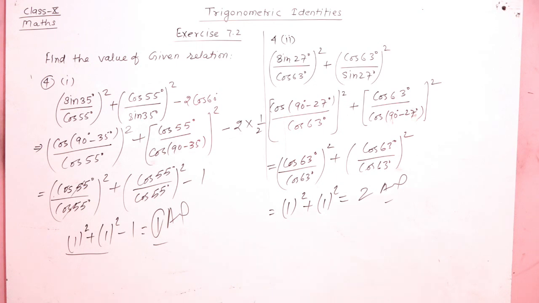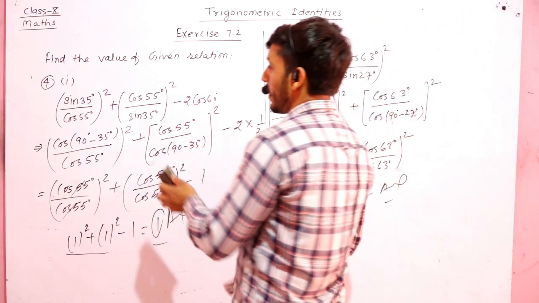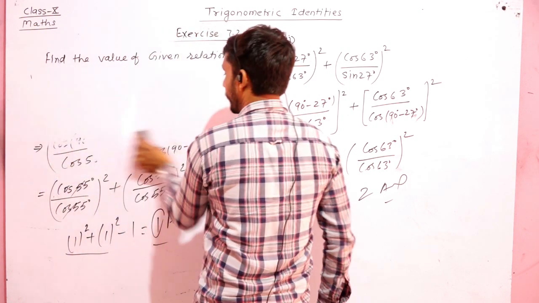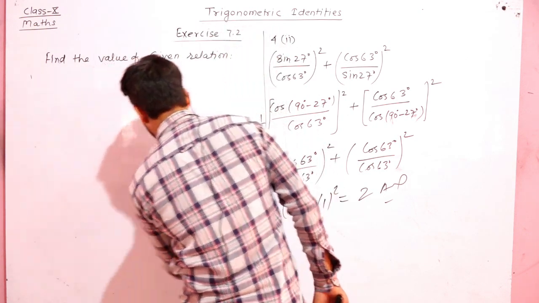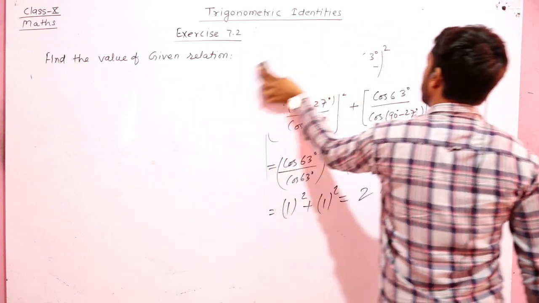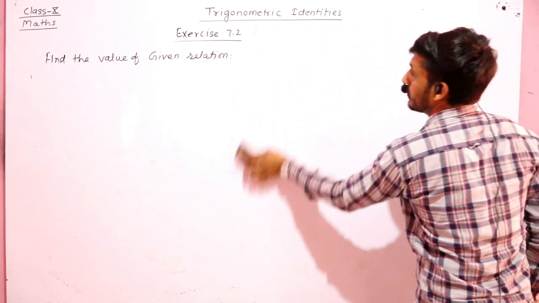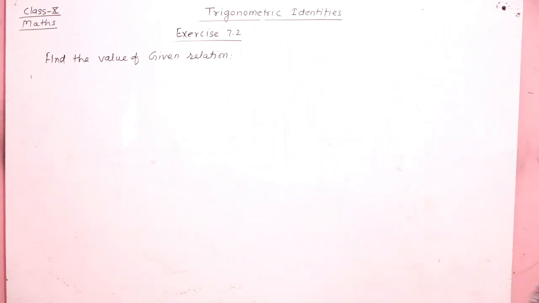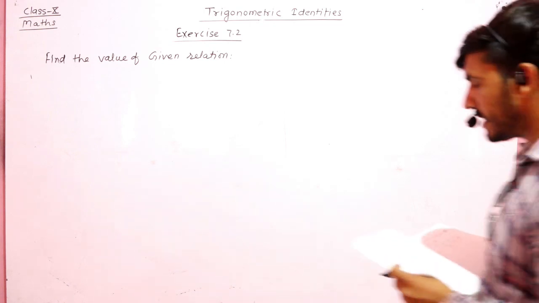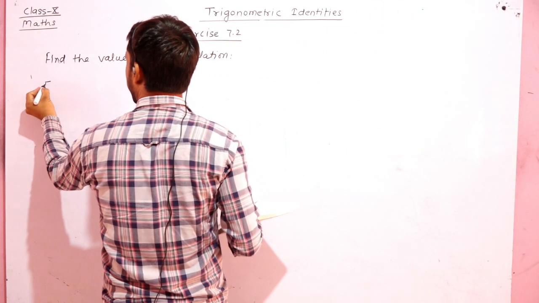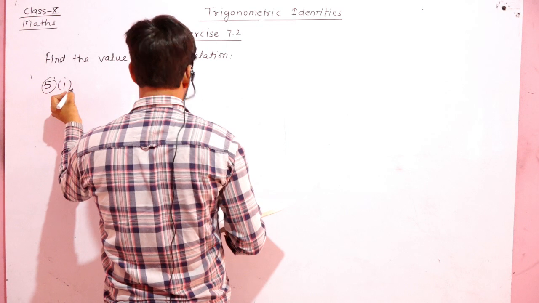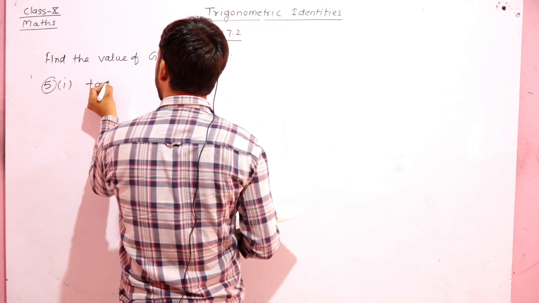Okay, now we will discuss question number 5, part number first. What is given? Okay, now see question number 5. What is given here? Question number 5 and part number first is given as tan 12 degree, and that is multiplied by